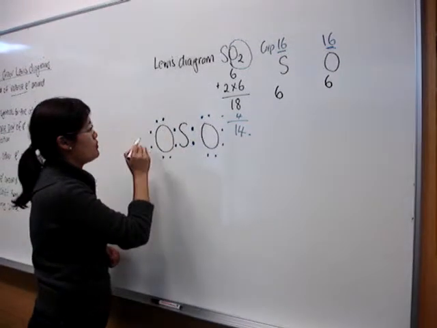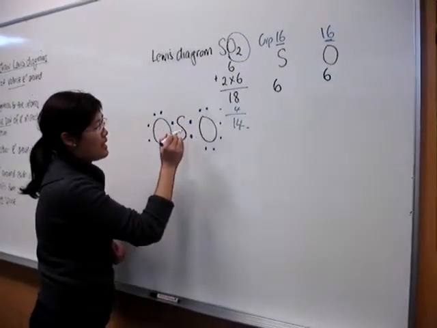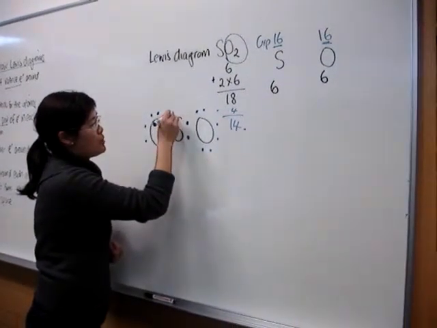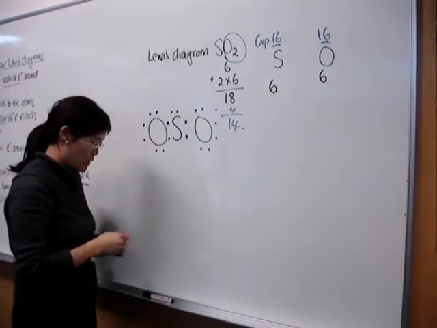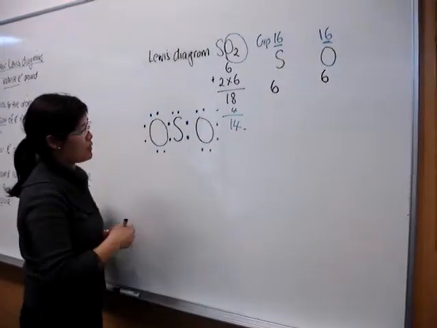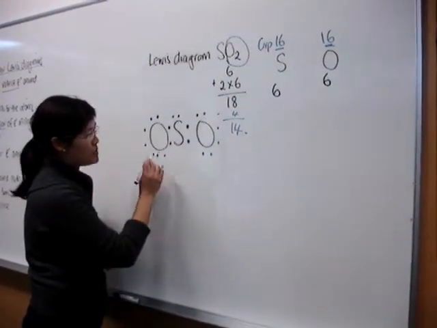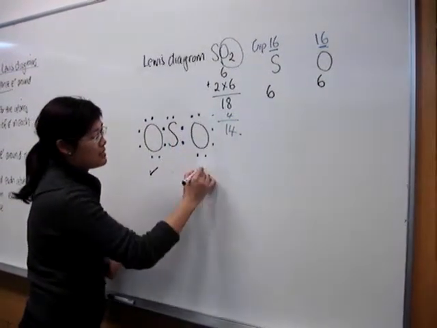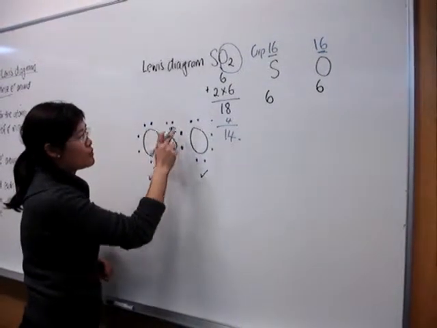Okay. So 2, 4, 6, 8, 2, 4, 6, 8, so that makes 16, and we then put another pair around the central atom, and I need to fulfill the octet rule. So if I look at the oxygen here, 2, 4, 6, 8, the octet rule is happy. If I look at this oxygen, 2, 4, 6, 8, this oxygen's stable, and if I look at the central sulfur atom, 2, 4, 6,